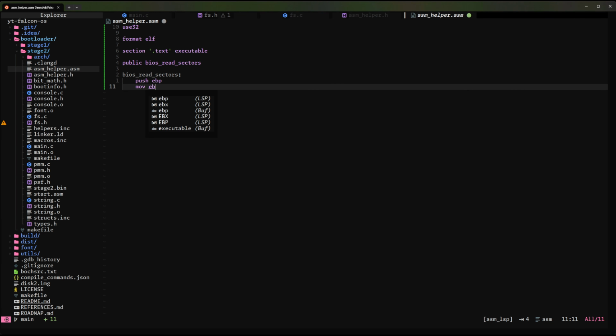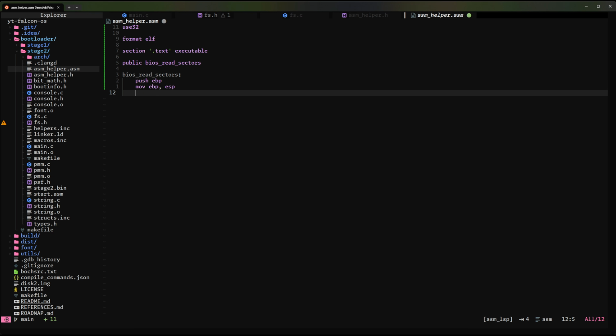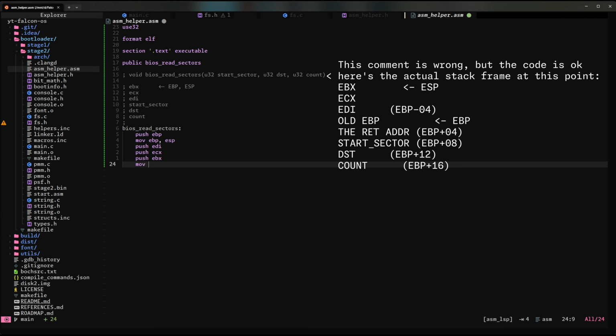We are going to store EBP. We are going to create ourselves a new stack frame here. Then we are going to store the registers that shouldn't be clobbered by this, ECX and EBX. So here we will put in EAX